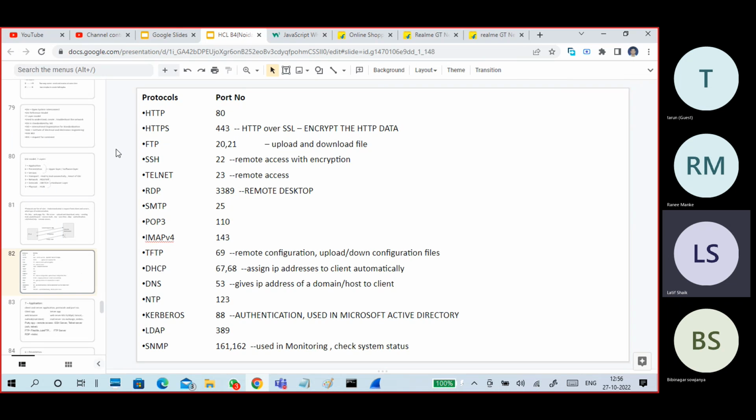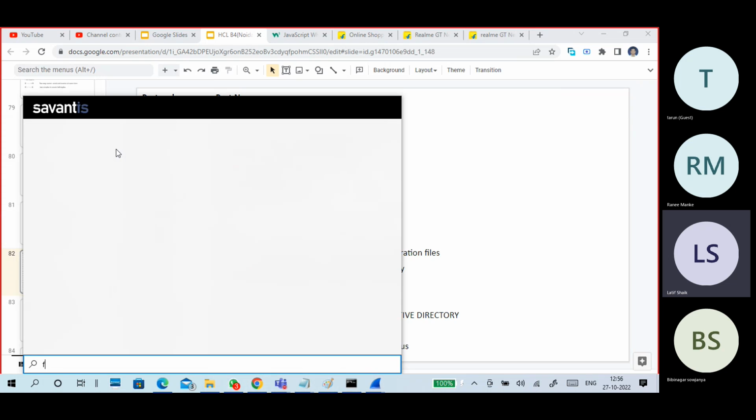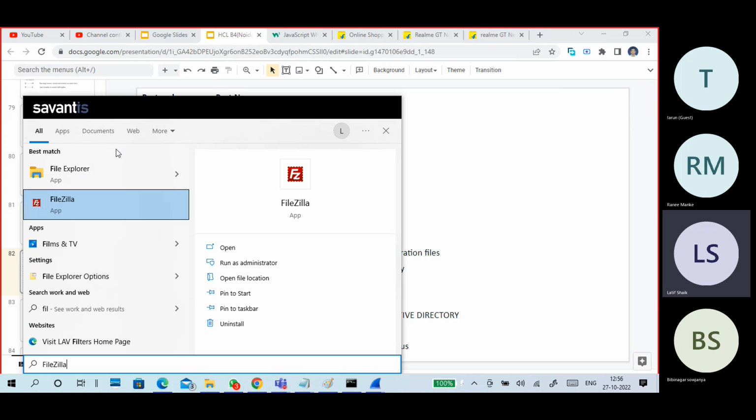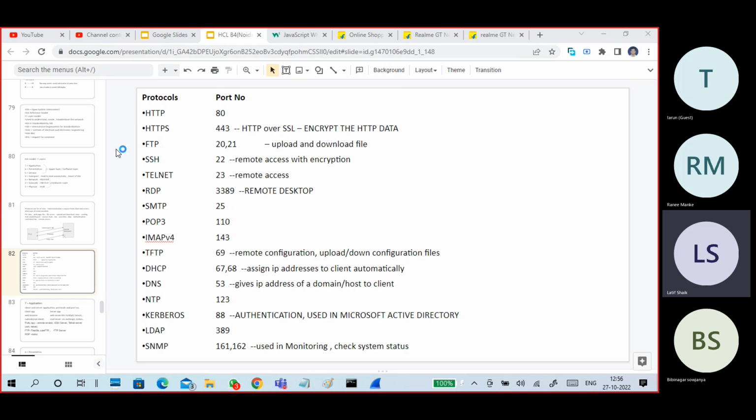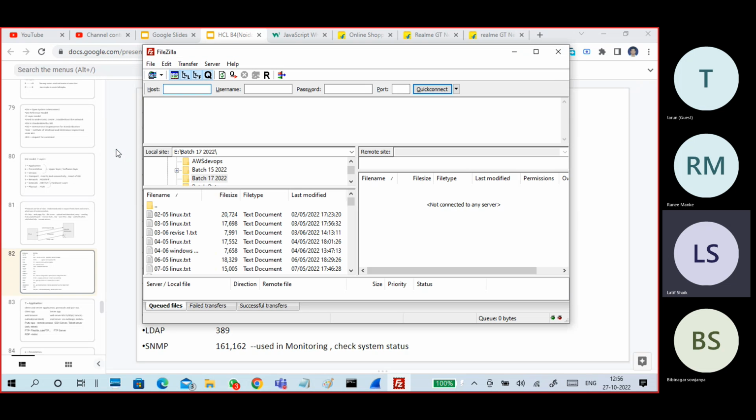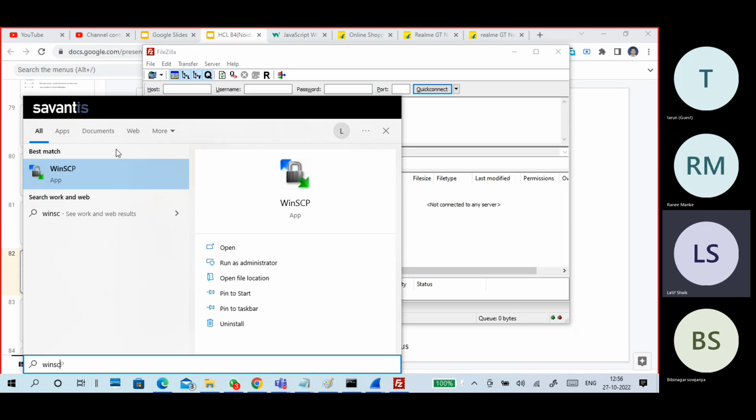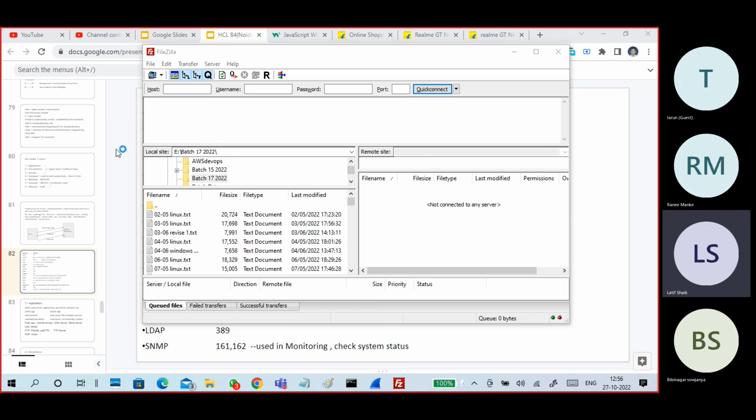FTP, port number 21, file transfer protocol, is used to upload or download files. There is an application I have called FileZilla. Different applications are there. Like we use a web browser for web access, if you want to upload or download a file, you can use FileZilla or WinSCP. These are applications we can use to upload and download files